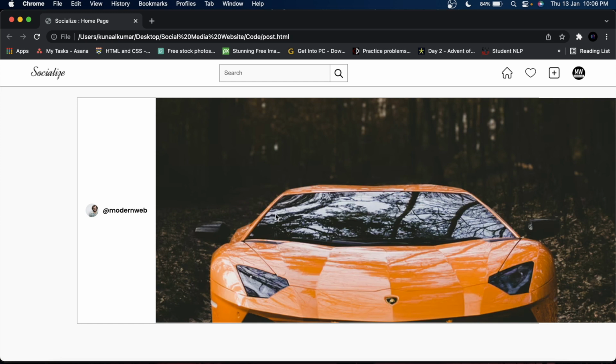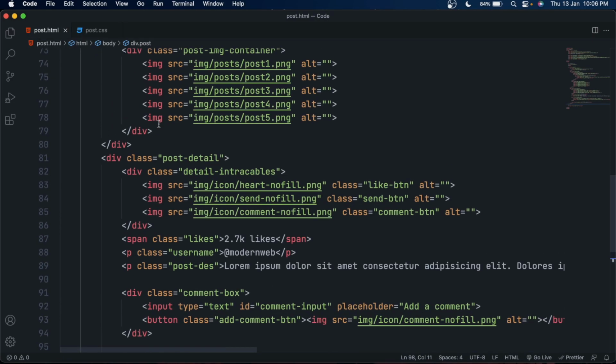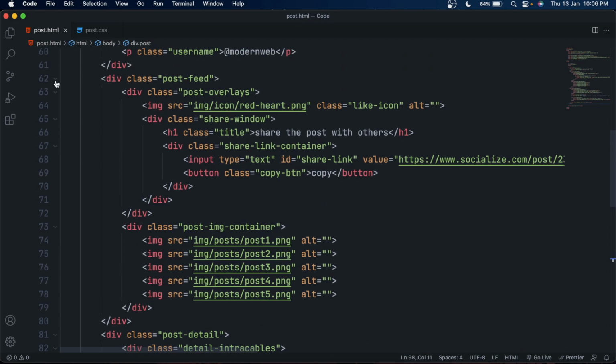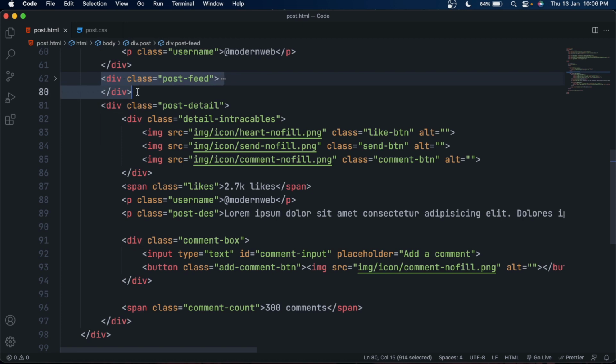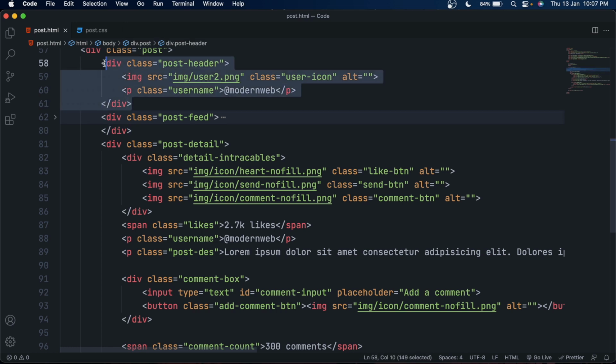Here we don't want our post header to be separate from the post detail. So let's move the post header inside the post detail. You can find the post header above the post feed element.